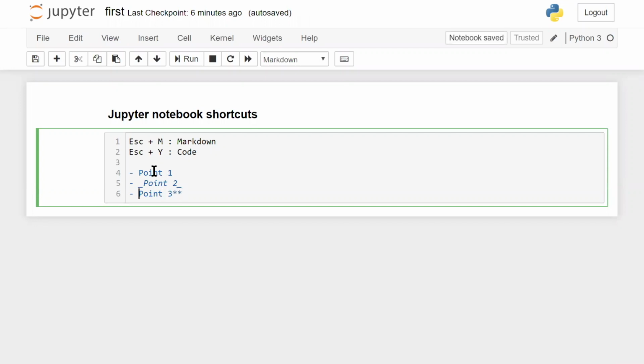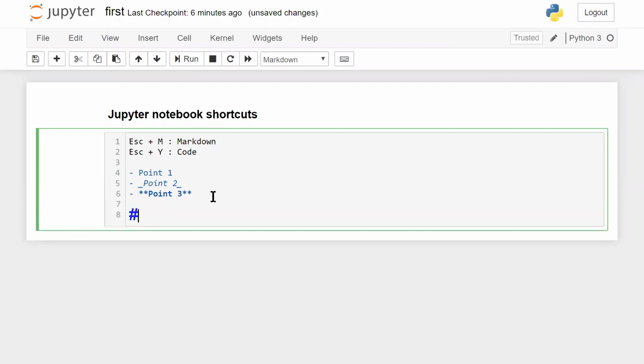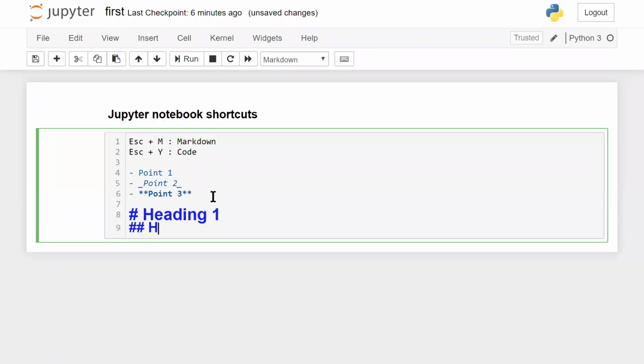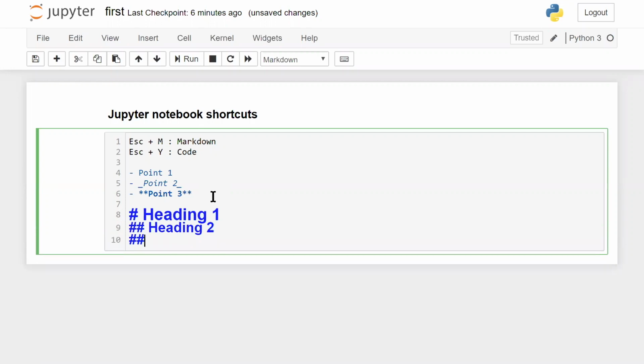So I'll use double star in the beginning and at the end of the text to just highlight it as bold. If I have headings, the biggest heading in HTML, H1, I'll use 1 hash for that. So this is the biggest heading, H1. Subheadings will be H2 and the equivalent is 2 hashes. Subheading is 3 hashes. This is H3 and it goes all the way up to H6.